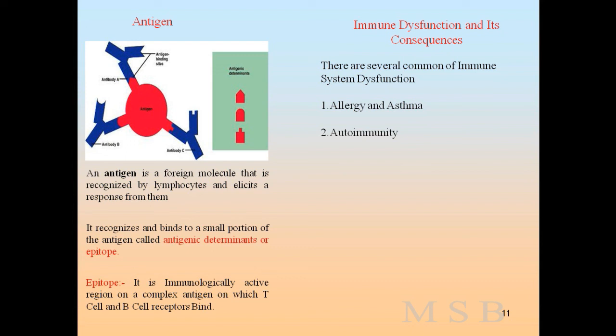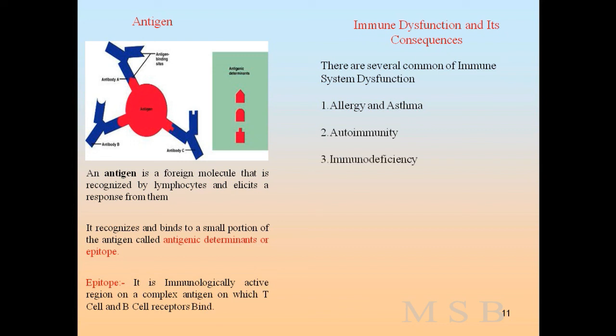Second, autoimmunity. In certain individuals, the immune system malfunctions by losing its sense of self and non-self, which permits an immune attack. Autoimmunity can cause a number of chronic diseases. For example, multiple sclerosis is due to an autoimmune attack on the brain and central nervous system. Next example, rheumatoid arthritis is an attack on the joints of the arms and legs.